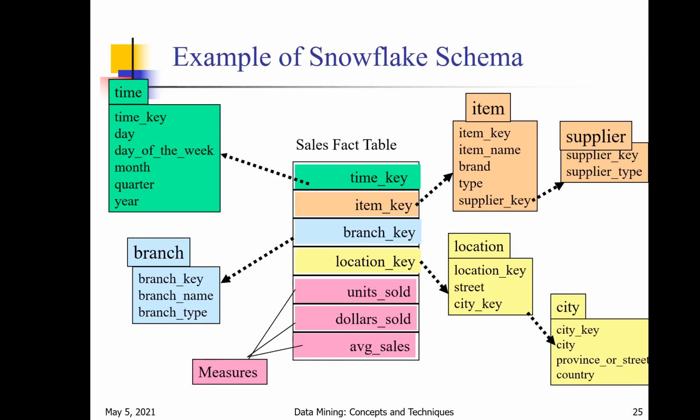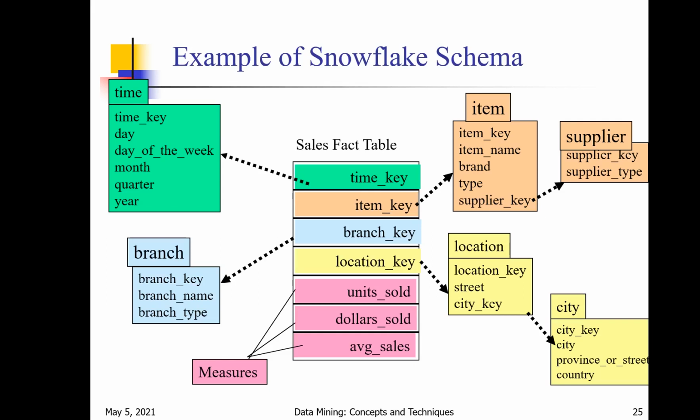Here in the sales fact table, we have the item key. That item key connects the item dimension with the sales fact table. Again, that item dimension has an item key and a supplier key. Through that supplier key, item can be connected to the supplier dimension table. So it looks like a dimensional hierarchy. In the snowflake schema, we have this dimensional hierarchy and this decomposition of dimension tables. Using this decomposition of dimension tables, we can achieve normalization. This is the difference we can observe in the snowflake schema.